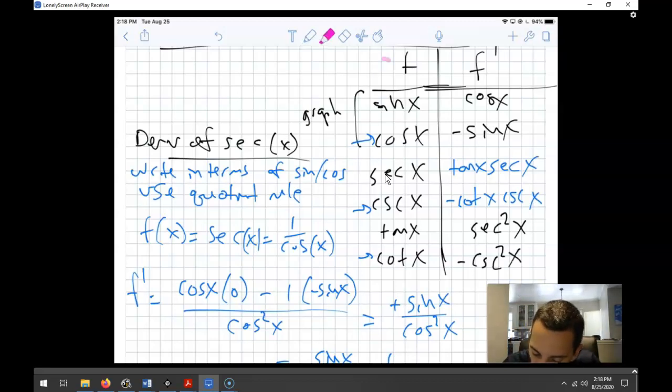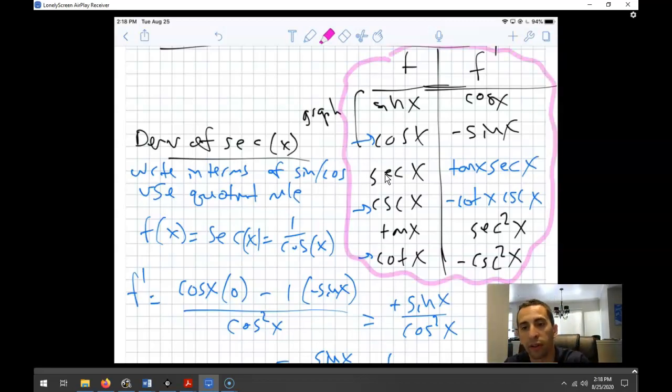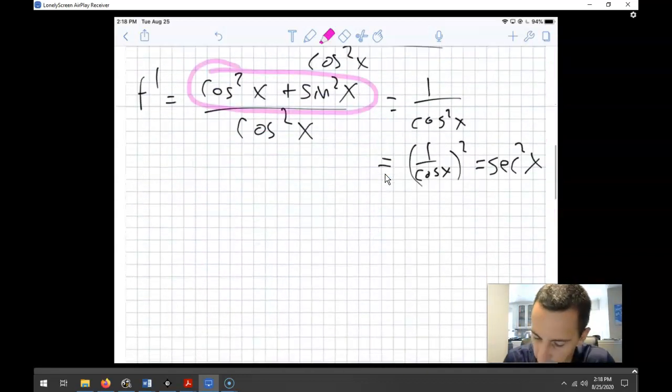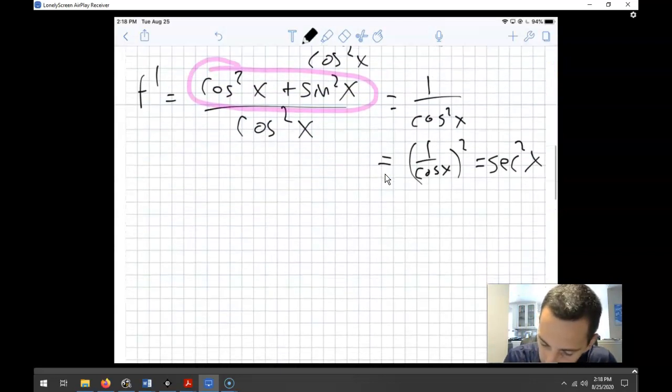Okay, make sure that you take the time to memorize these six at some point or be able to quickly derive them. We're going to take trig derivatives throughout the year, and it's something I really want you guys to feel comfortable with and feel like you understand what's going on. The only other thing I wanted to give you is one quick trick. Don't forget about your trig formulas. So a trick might be